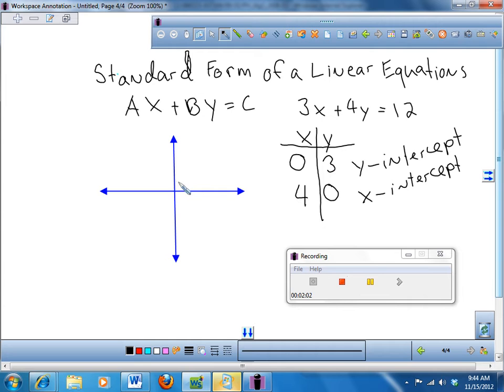So the point (0, 3) means I go over 0 and up 3, and I put a point right there. And the point (4, 0) means I go over 4, 1, 2, 3, 4, and up 0, and I put a point right there. So you don't need to use the slope. All you need to use is those two intercepts. And then you just connect those 2 points with a line, which I'm going to do in my favorite color,